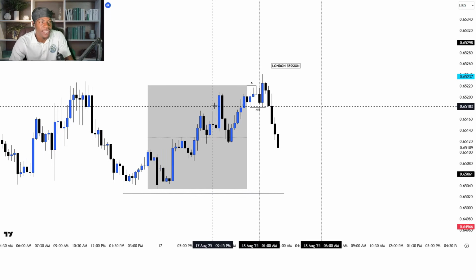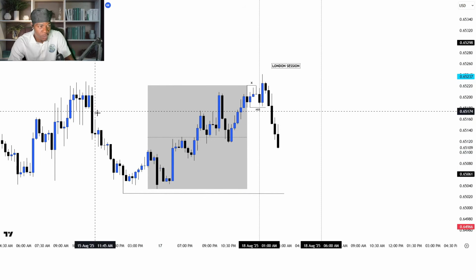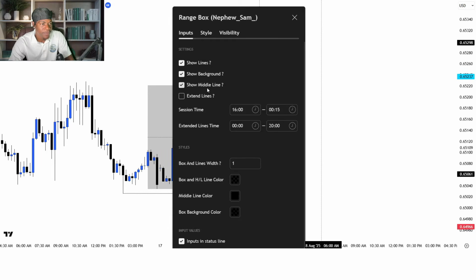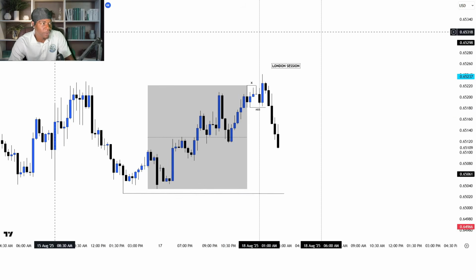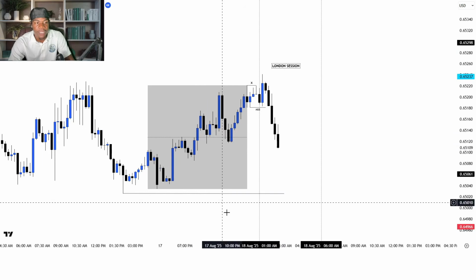As you can see right here, this is our trusty Asian range indicator, right? I love using this indicator, right? These are going to be the settings, so make sure you pause the video and grab them right here. It's super simple, right? These are just the times. There's nothing really crazy about it. The main reason I like it is it shows me the Asian session,